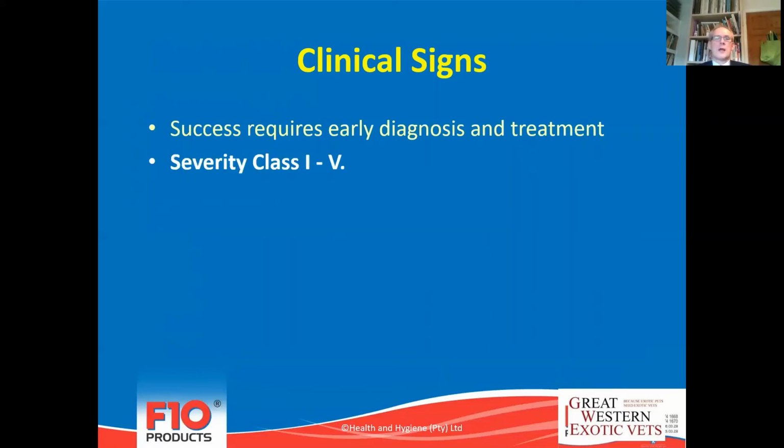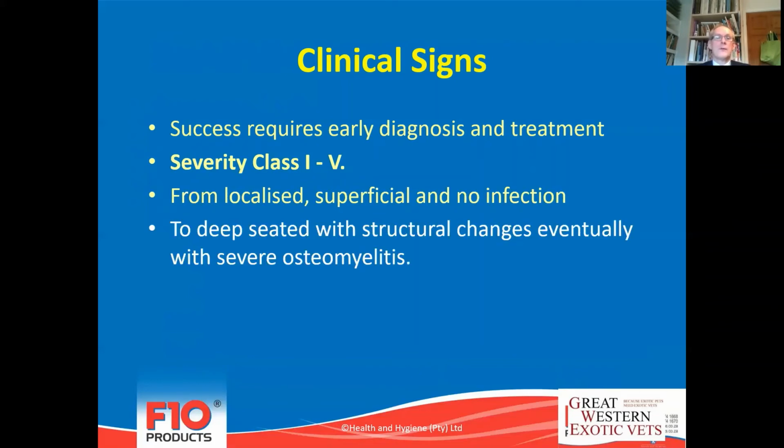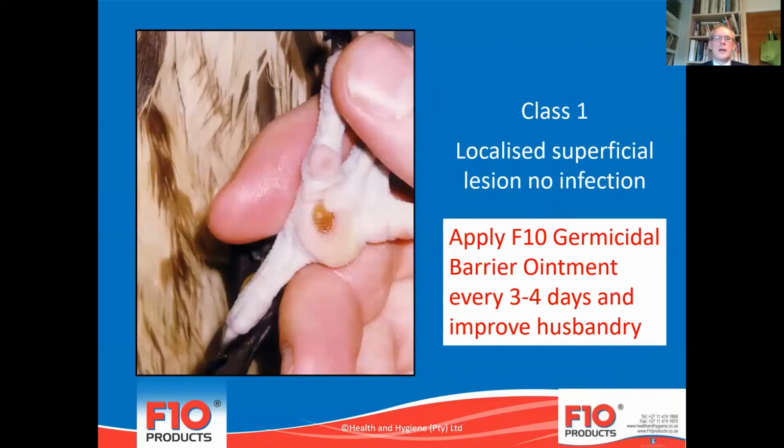In terms of clinical signs, success requires early diagnosis and treatment. Bumblefoot is defined by severity of classes 1 to 3 or 1 to 5. I prefer personally to use the 1 to 5 categorization, and it ranges from localized superficial with no infection through to deep-seated with structural changes and eventually severe osteomyelitis. So just looking very quickly through here, Class I bumblefoot, a discrete localized superficial lesion without